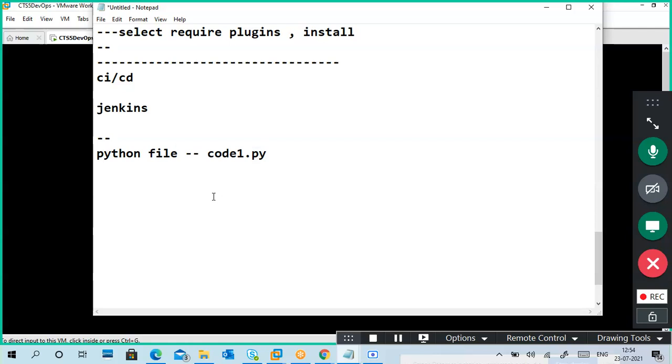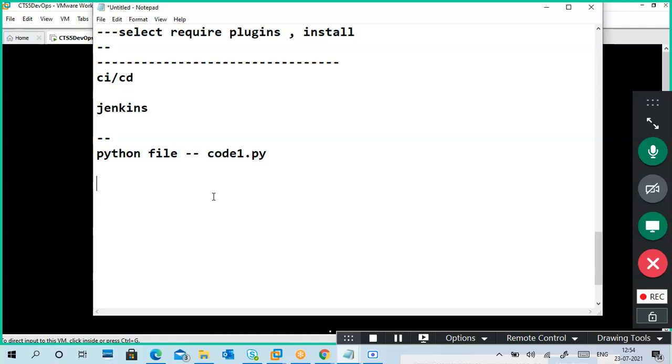I want to execute this file. How to execute this file on a normal computer? Tell me the command. How to execute a Python file?